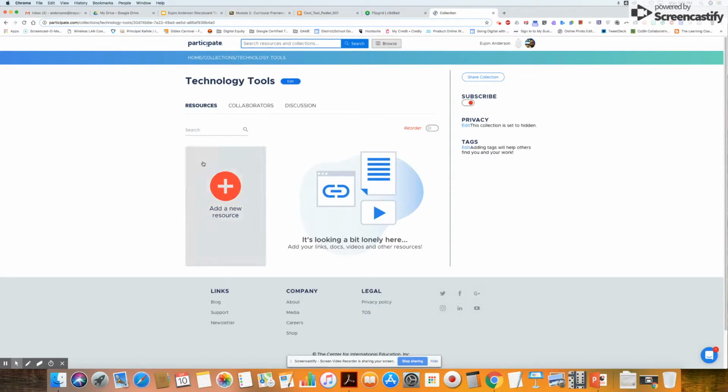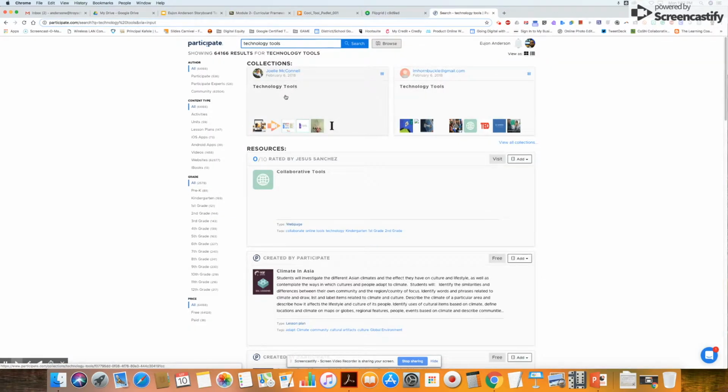Or the option that I like is to search for the different collections that are already available. You can also search at the very top corner right here, different collections. So because we're looking for technology tools, we're going to go ahead and type technology tools, and we're going to hit search. And once we hit search, you will see on the left hand side, you can kind of filter